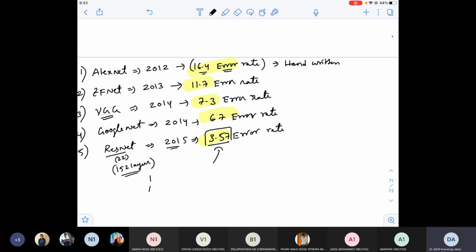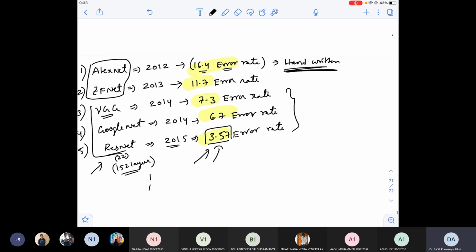That is the reason, in our projects, should we use only ResNet because the error rate is 3.5? No, it's not like that. Generally, we will use these three. In most cases, for your particular task, because they've tried only with the standard task, for your new task sometimes VGG will give good accuracy or a lower error rate, sometimes GoogleNet, sometimes ResNet. There is very little chance of AlexNet and ZFNet giving a lower error rate, but it's there. That is the reason people really use these three architectures for their projects.